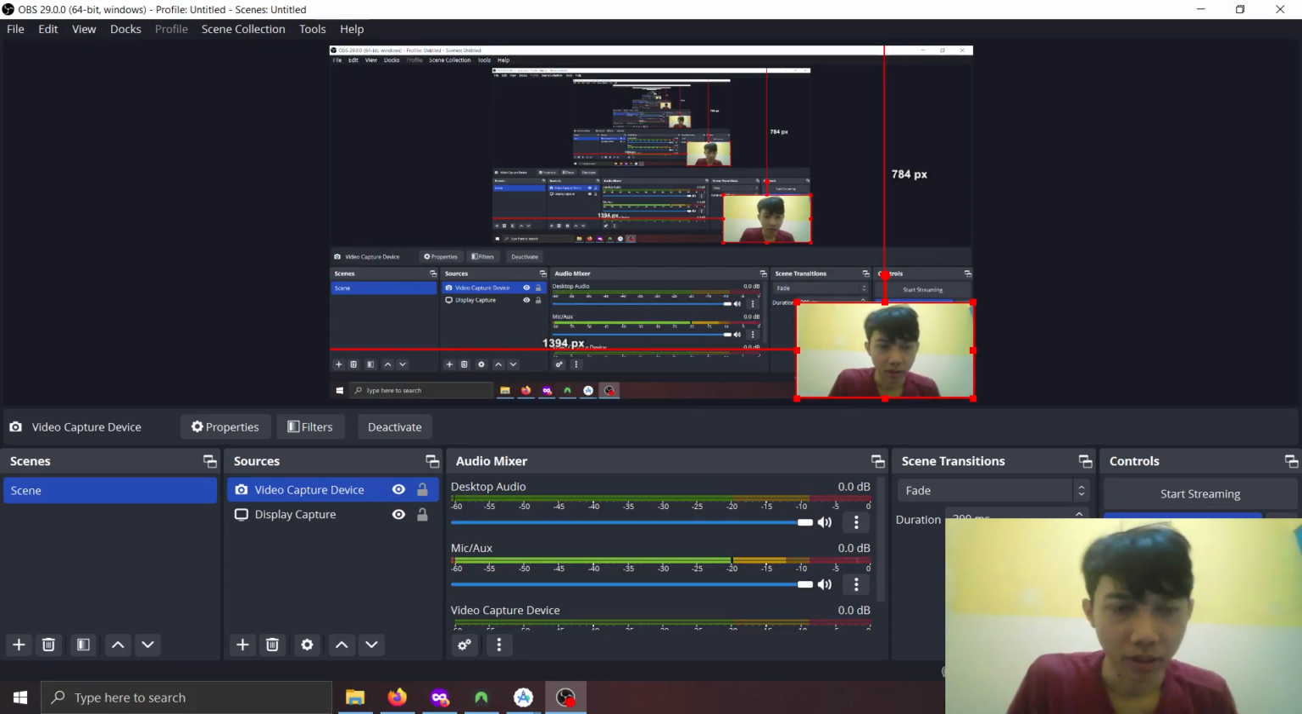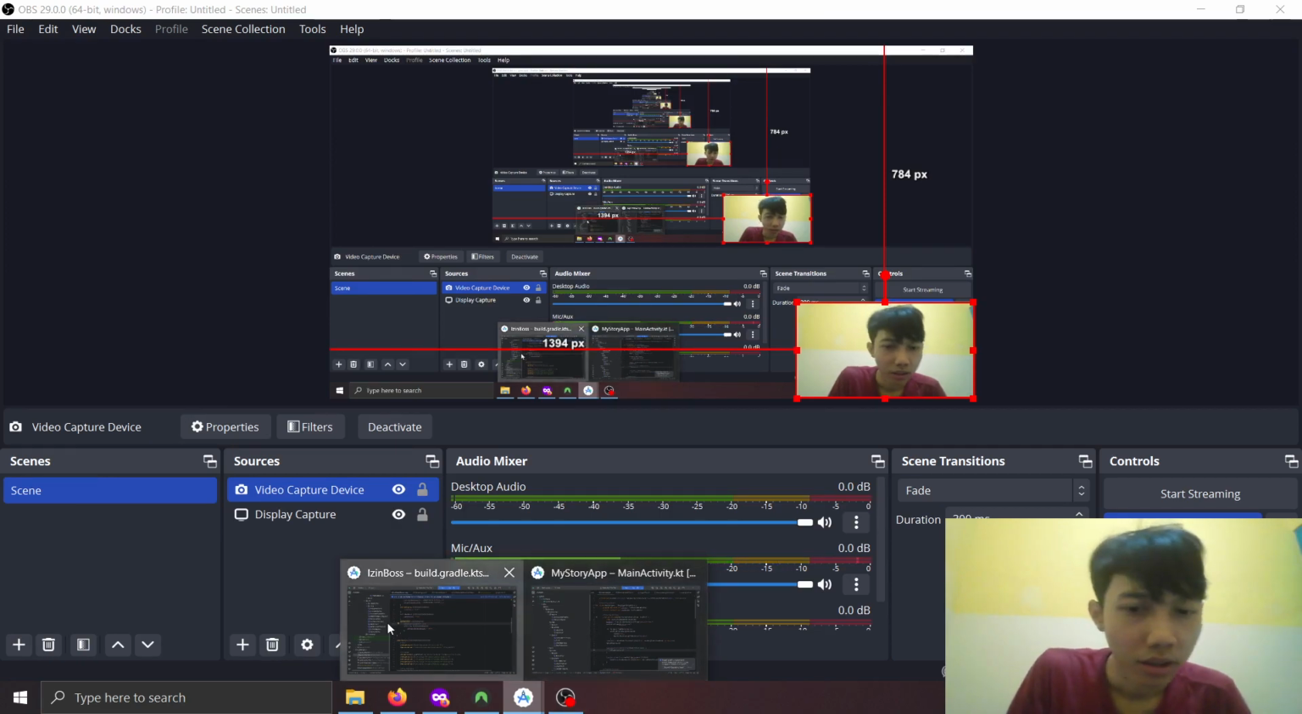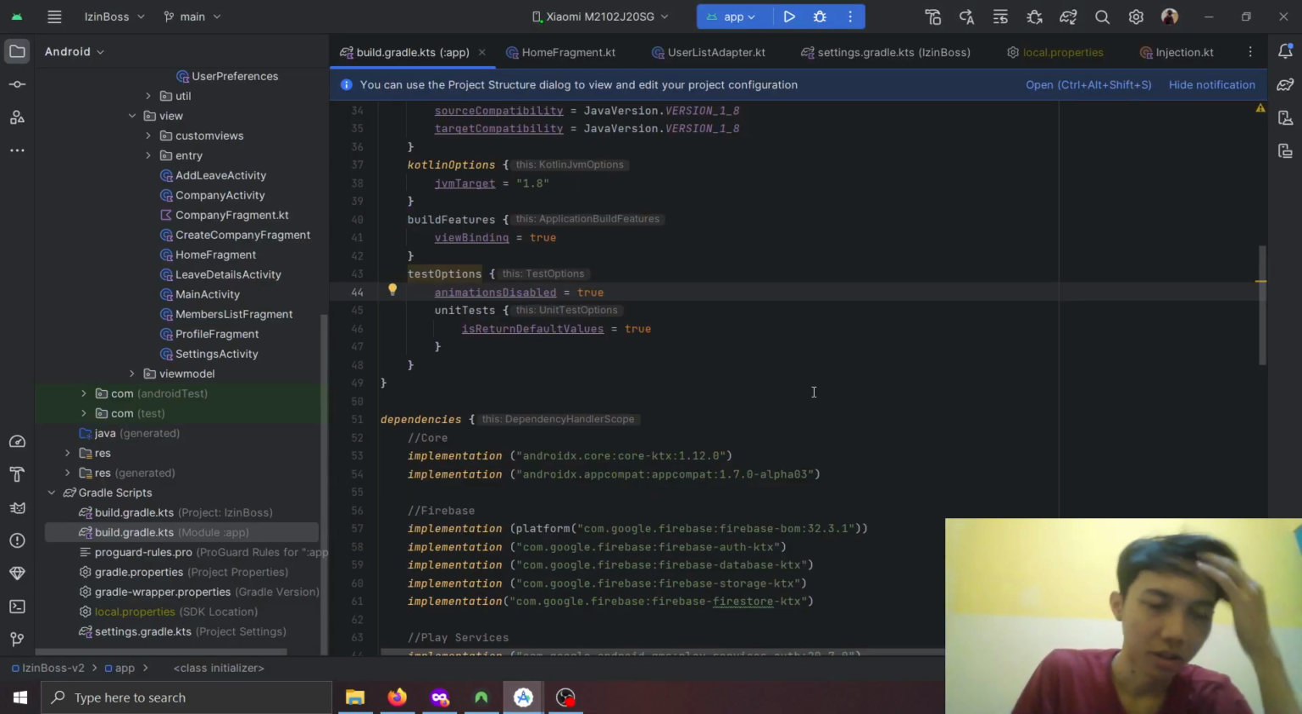Hello everyone, my name is Bima Kurniawan and today I would like to show you how to make a project in Kotlin using Android Studio. At this point,